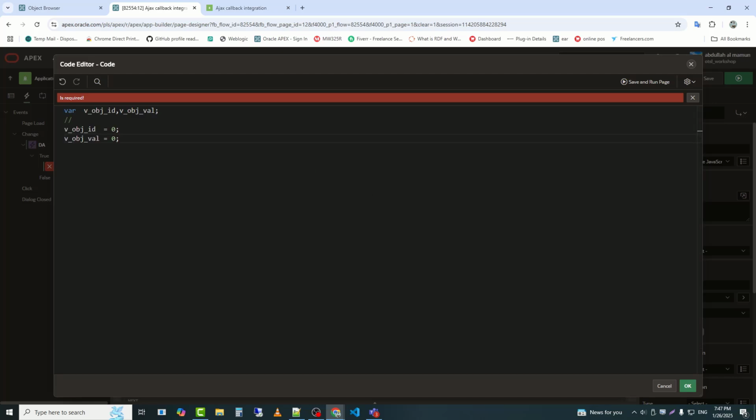v_obj_id and v_obj_val are JavaScript variables initialized with a value of 0. They are likely placeholders to store an object's ID and value for further use. v_obj_id stores the ID of the element that triggered the event. v_obj_val stores the value of the same triggering element.